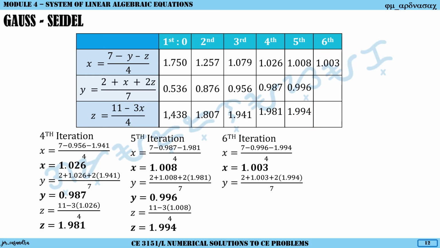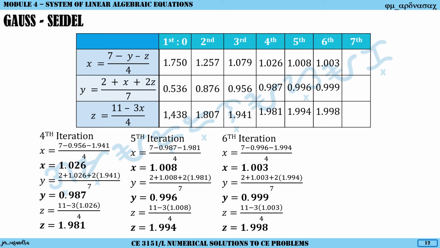So that's 2 plus 1.003 plus 2 times 1.994 all over 7, giving us a value of 0.999. And then for z, latest value of x, it's 11 minus 3 times 1.003 all over 4 is 1.998. So again, we do not have consecutive identical computations or results. So we move to our next